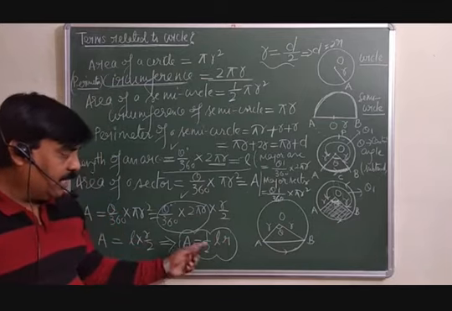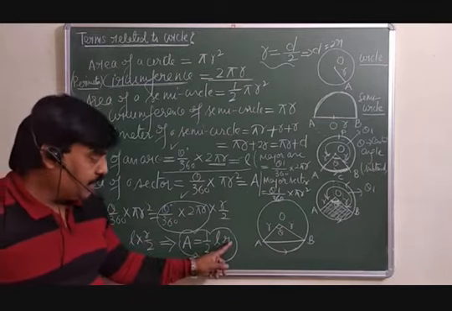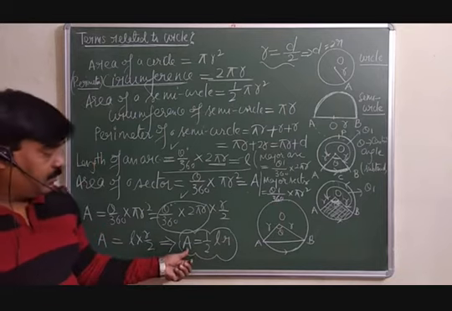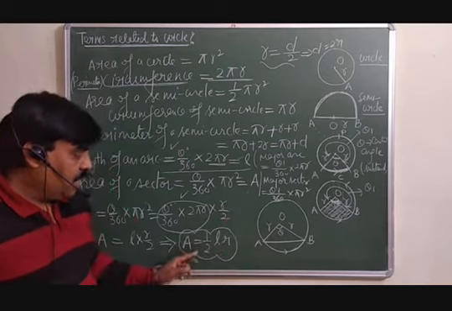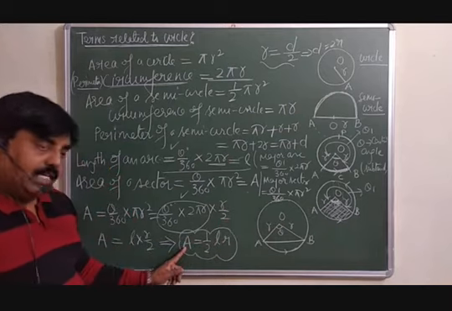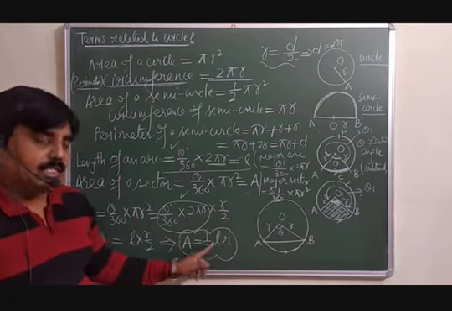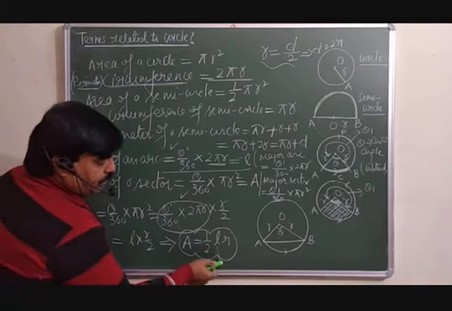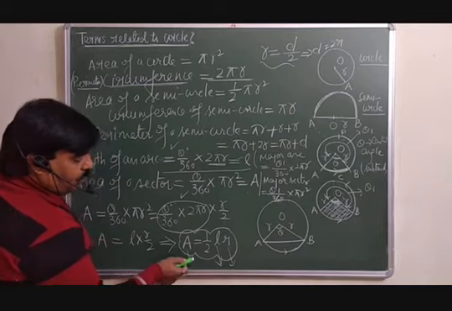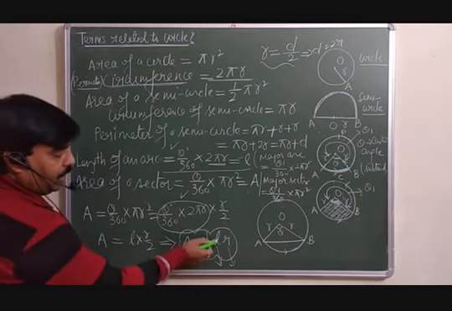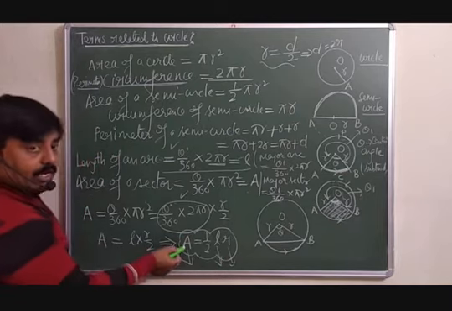You can calculate. अगर आपको length of an arc पता है, radius पता है, you can calculate the area of the sector. You know the area of the sector, you know the length of an arc, you can calculate the radius. If you know the radius and the area of the sector, you can calculate the length of an arc. देखिए generally क्या होता है, sometimes the length of an arc is given and the radius is given and we are asked to calculate the area of the sector. हमको length of an arc पता है, radius पता है. We want to calculate the area of the sector.